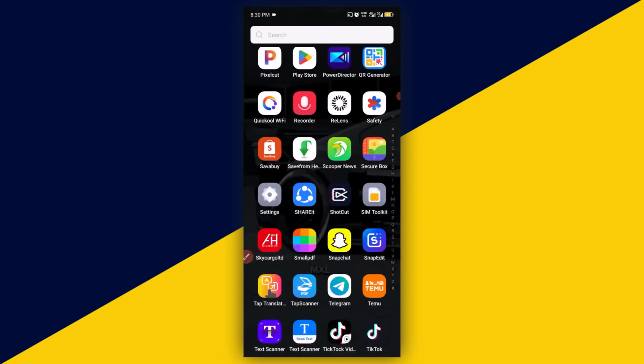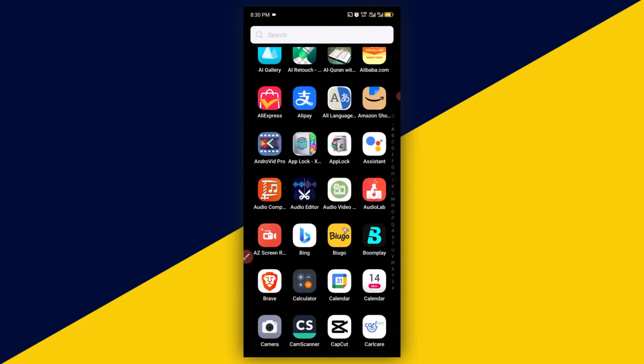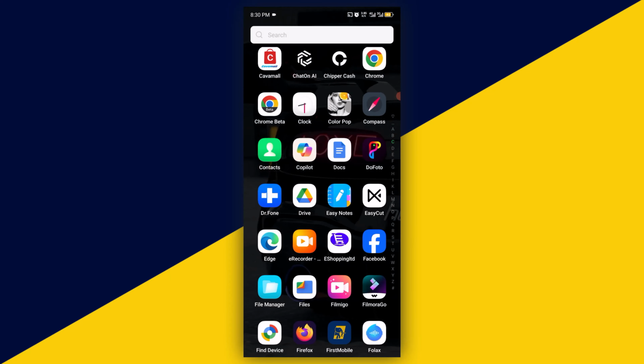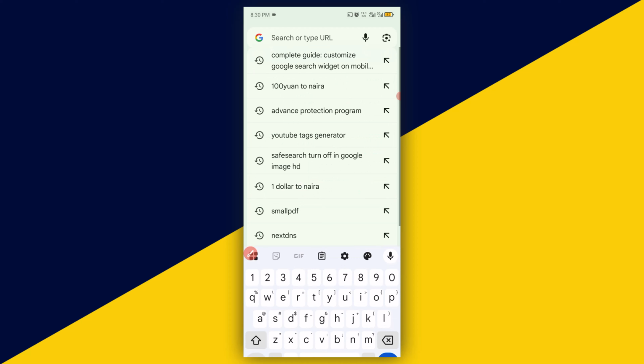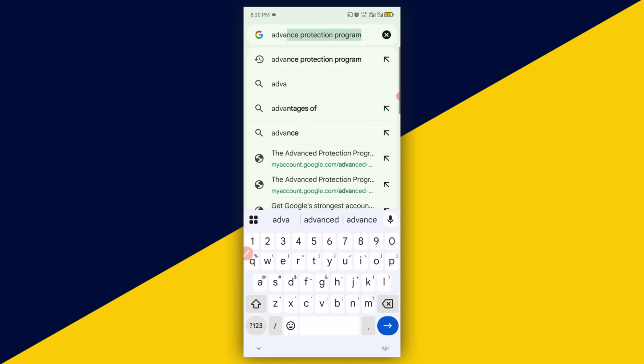The very first thing you need to do is to head over to your Chrome browser. So I'm going to simply click here to open my Chrome browser. After you open up your Chrome browser, the next thing you need to do is come to the search or type URL bar right here. Make sure you type in advanced